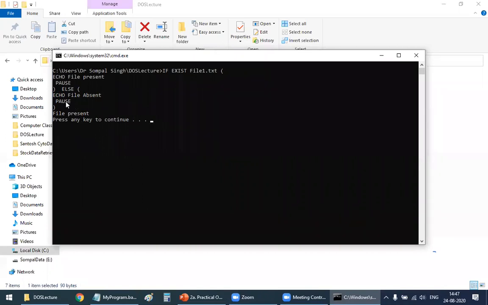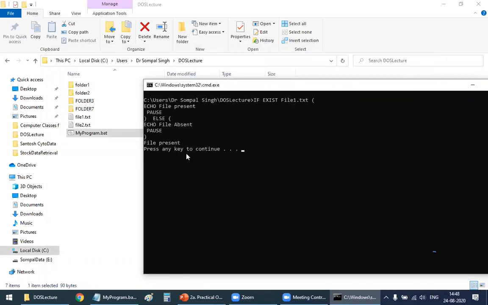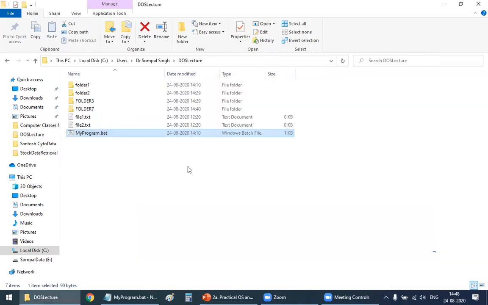This was my program and it has written that file is present. So the file is there. By using this program, I can understand that file1 is present, and it is waiting for my input. So I press enter and this program disappears.